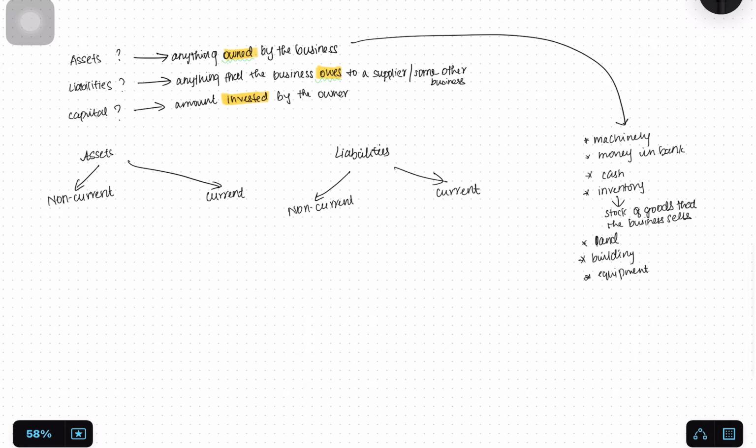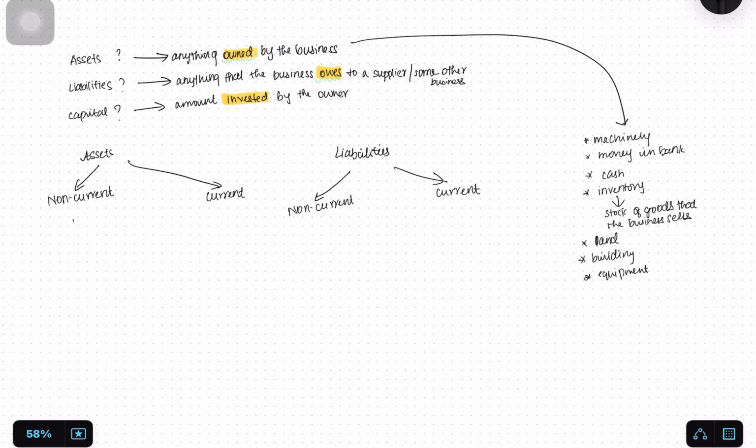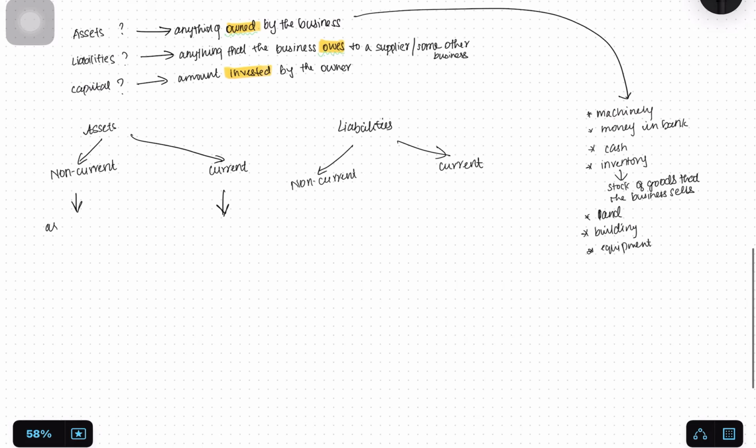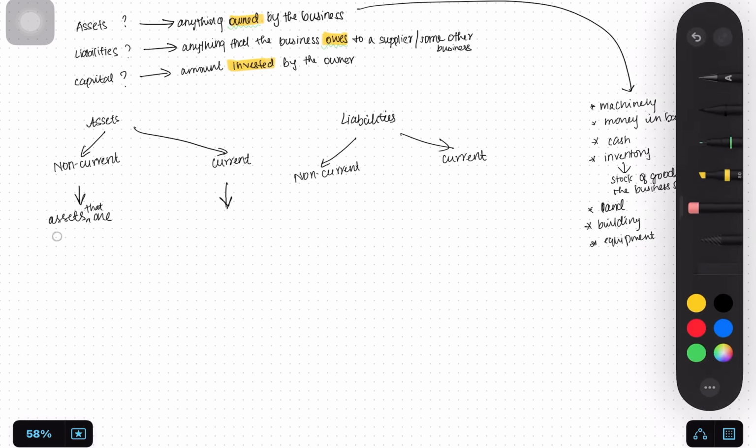So now we have to classify which of these are non-current assets and which of these are current assets. So now let's see the difference between non-current assets and current assets. So non-current assets are assets, they are long-term assets. Let me just give you a proper definition. They are